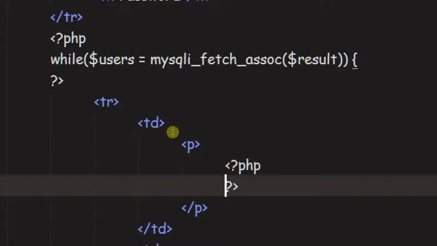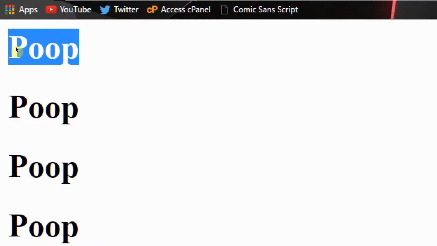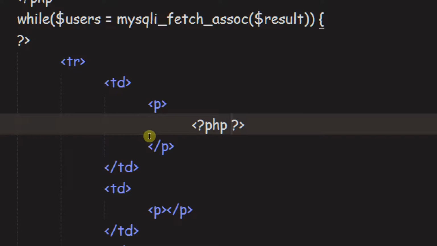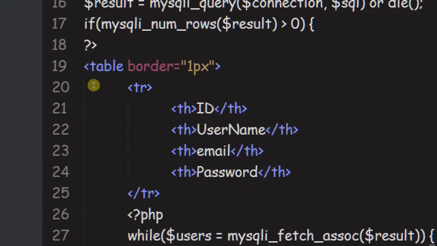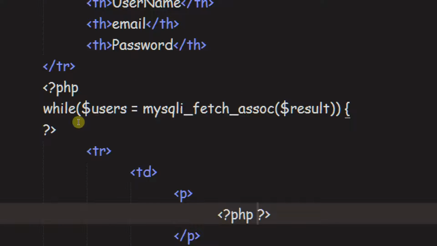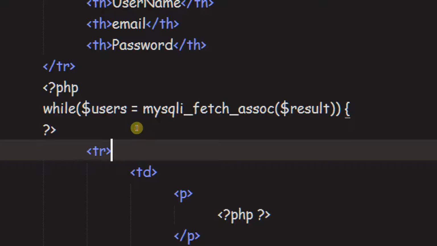Question mark, and inside here is where we're going to be, as we learned, echo can just take whatever you put in it and put it out on the page. It injects it directly into the HTML, and the HTML parses it. That's what echo does. So we need to echo out something from our database. And what we're going to be echoing out is a value from this user's associative array. So I'm just going to demonstrate real quick